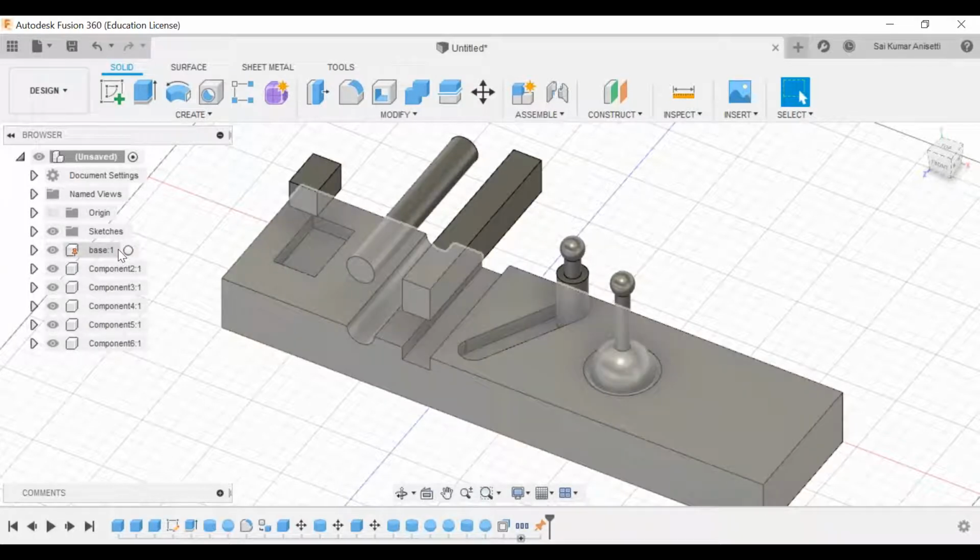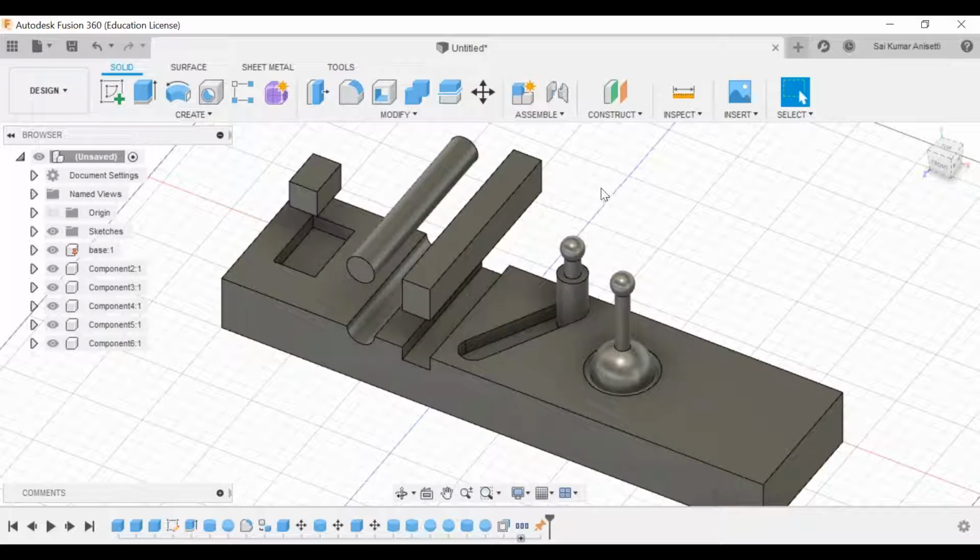If you are doing a simple 3-bar mechanism, you may say, sir, I don't have any component to fix. See, for example, I have this particular face, which is going to have a ball joint. This face is fixed now. Now this component is actually moving. So fix that particular base. Each and every assembly has some base. You are going to fix that. That is the first and primary thing in your assembly design.